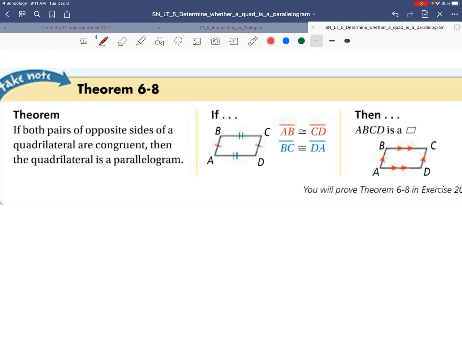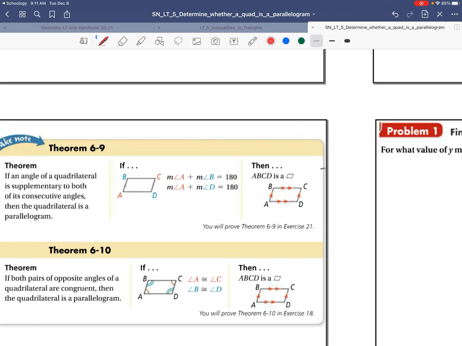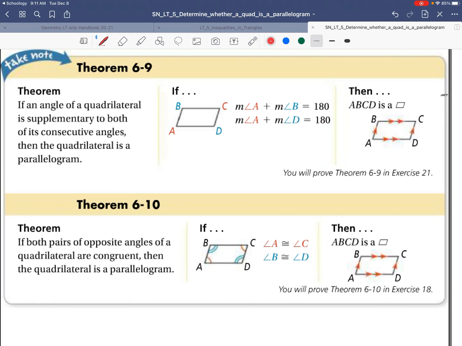If both pairs of opposite sides of a quadrilateral are congruent, then the quadrilateral is a parallelogram. So if we've got a four-sided figure that has opposite sides congruent, we know we have a parallelogram. That's our first theorem. Our second one, if an angle of a quadrilateral is supplementary to both of its consecutive